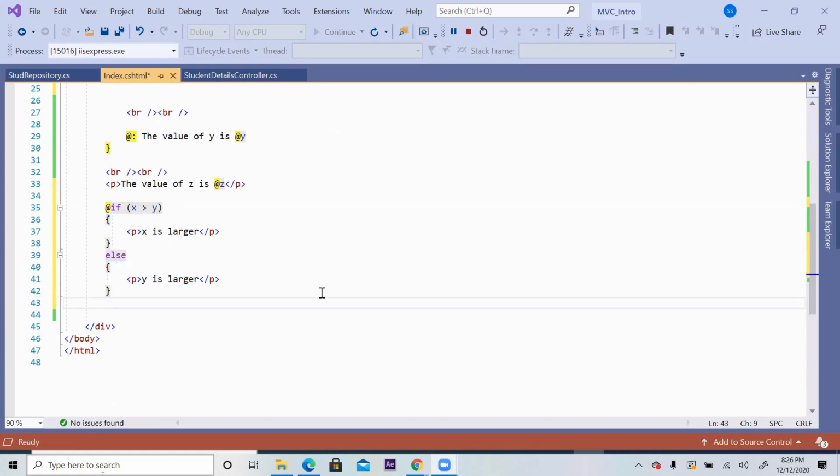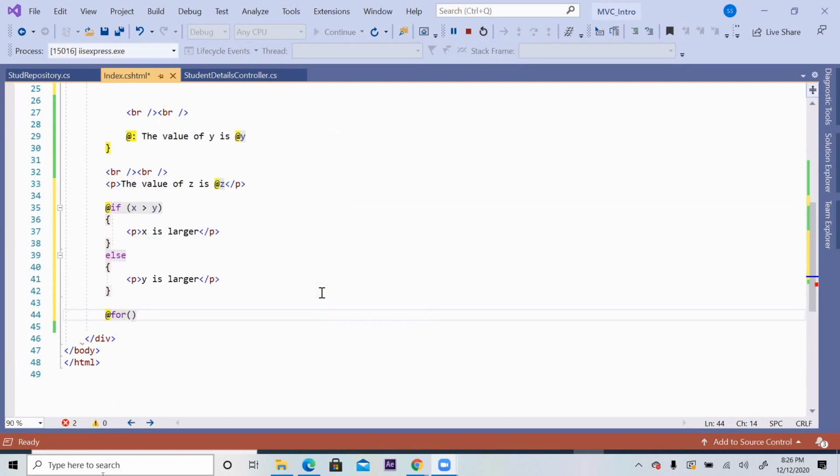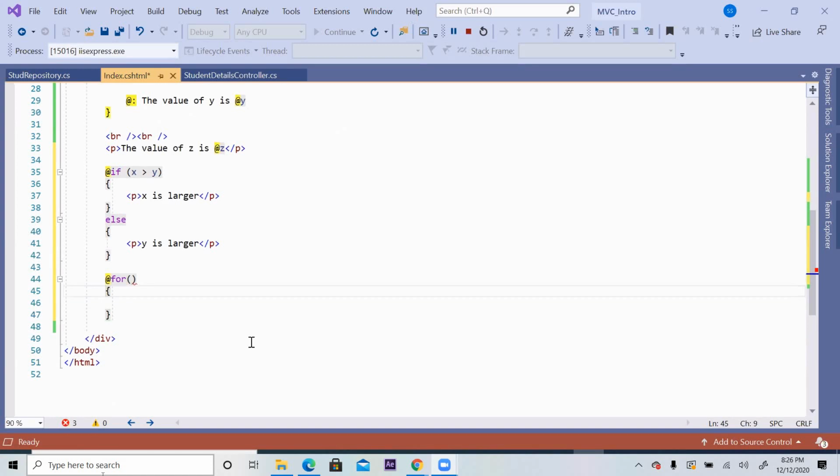Similarly for a loop, suppose you are using a for loop. Since it is C#, it is obvious that you have to write for. Got it? The only question is, should I write this curly bracket also with @, because they are all C#?